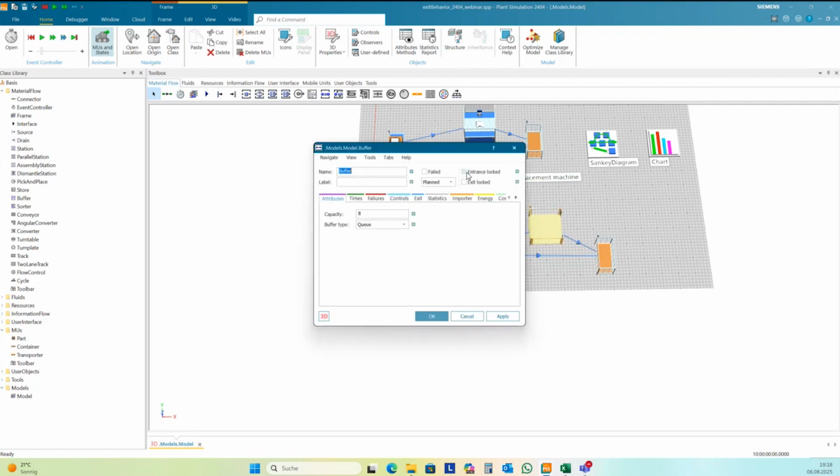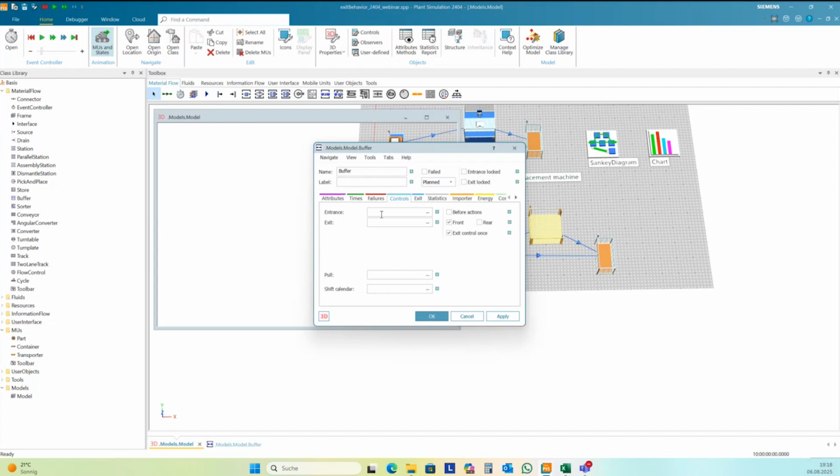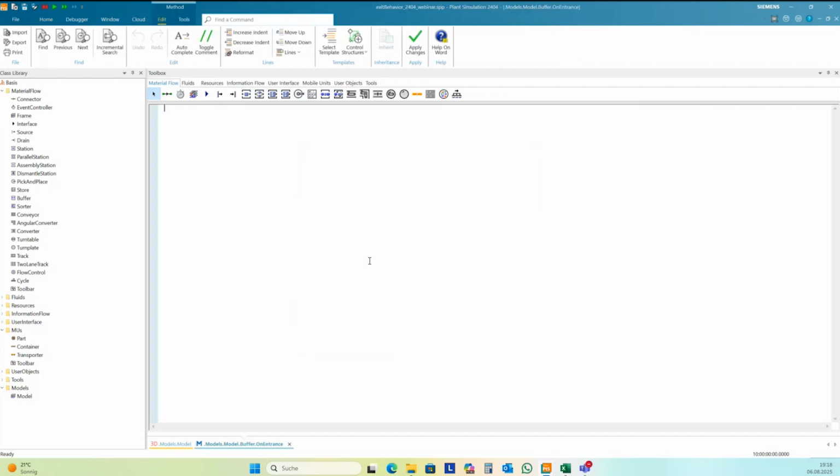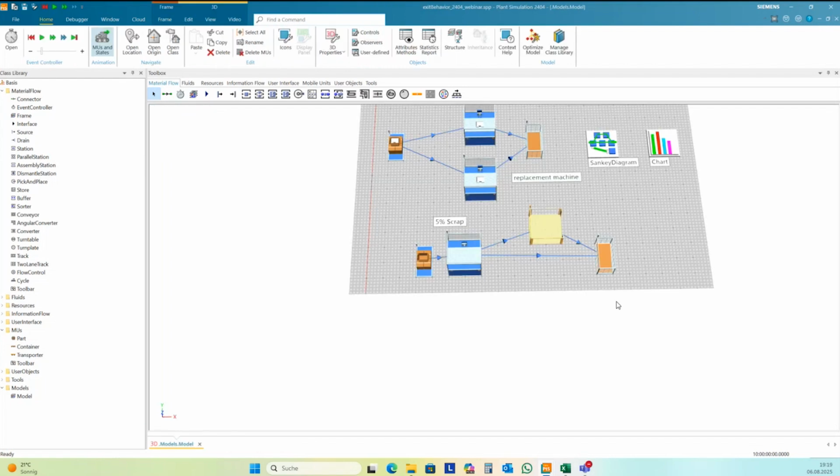And here I create a very simple entrance control. And I rename the scrap to scrap. Okay, let's have a test.